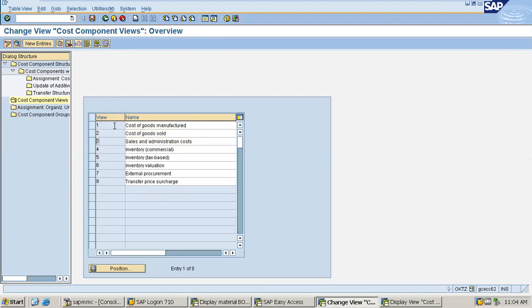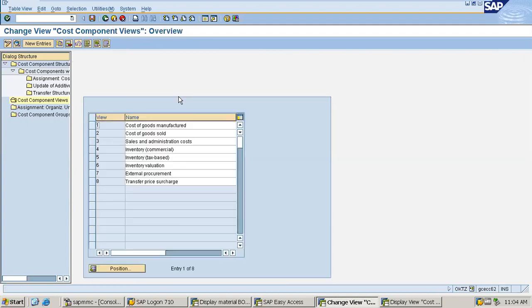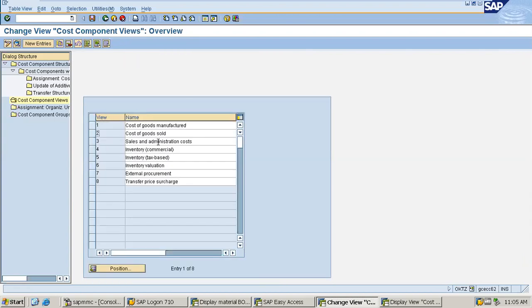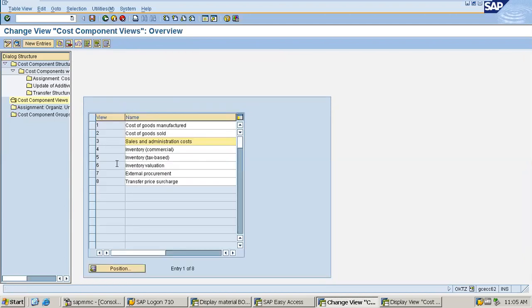Like I am going inside the first one, cost of goods manufactured. See, the cost of goods manufactured is ticked on. Now I'm coming back. Cost of goods sold, sales and administrative cost is ticked on. So that is fine. Now I am going to sales and administrative cost. Sales and administrative cost is ticked on. Now I'm coming back.